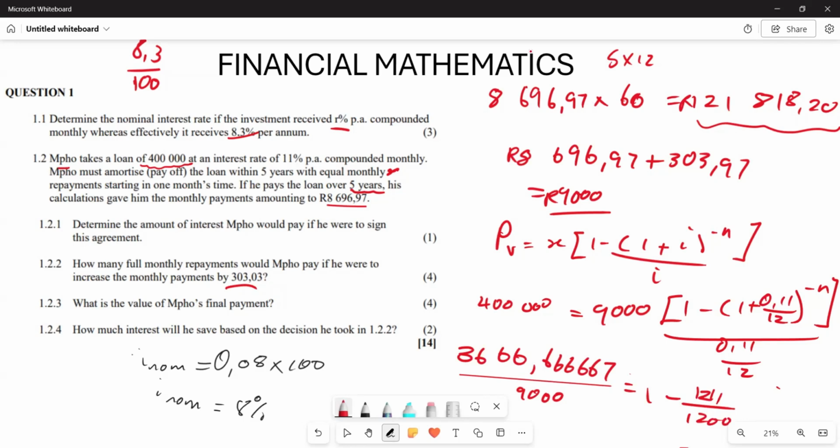Now from here, you are going to apply logarithm, right? When you apply logarithm, remember what you have here: this is going to be close brackets to the power of negative n. Then you subtract 1, right? So you take this one and subtract this side, right? So you're going to say